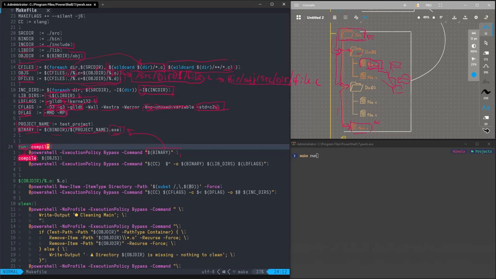Next is of course the compile recipe, which depends on all the object files which we created a list of right here. It goes through all of the object files and compiles them into a binary, which again is this thing. So once it compiles the binary, it goes and runs it. Now of course the next is the object file recipe. Here again is a bit of a tricky part, because I used to do it without this and just